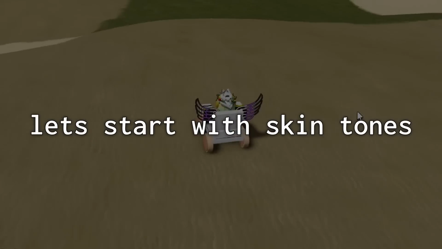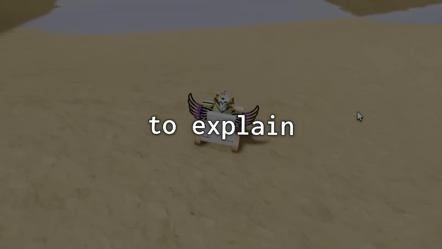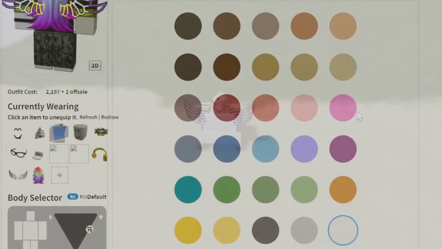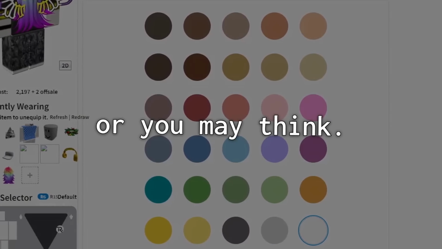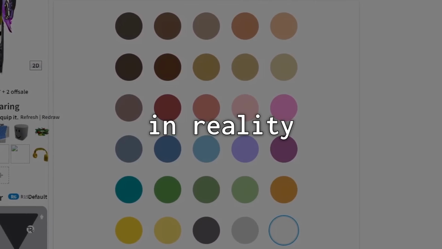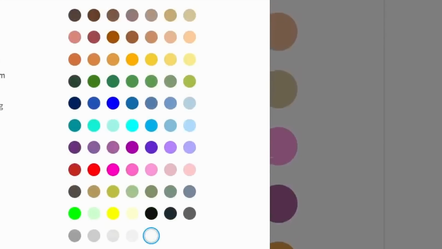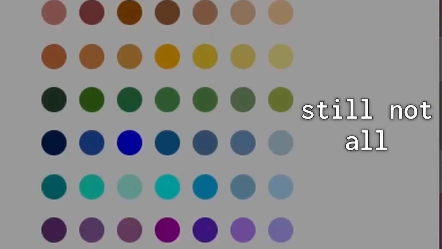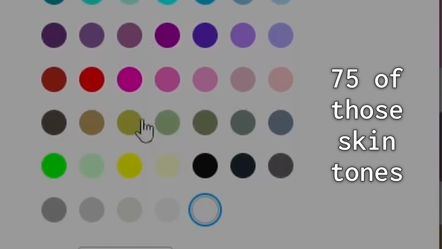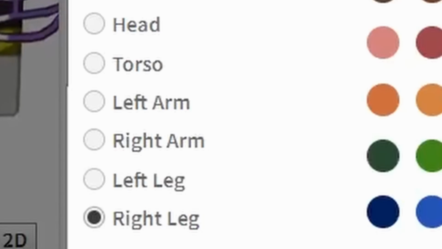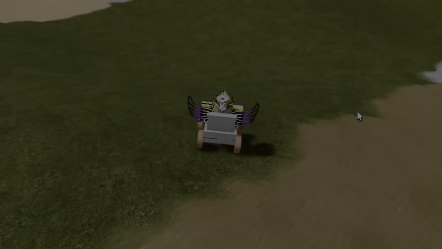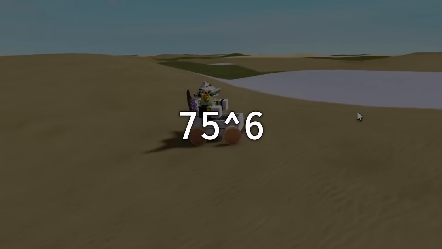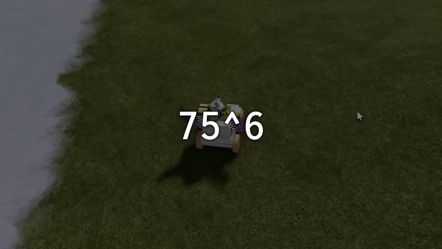Let's start with skin tones, as that will be really easy to explain. So in Roblox's avatar customizer, there are a total of 25 skin tones to choose from. Or you may think. In reality, there's an advanced tab which allows you to choose from 75 skin tones. But that's still not all, because you can actually choose all 75 of those skin tones for each of the 6 body parts. So you have 75 multiplied by itself 6 times, or 75 to the power of 6, which gives you